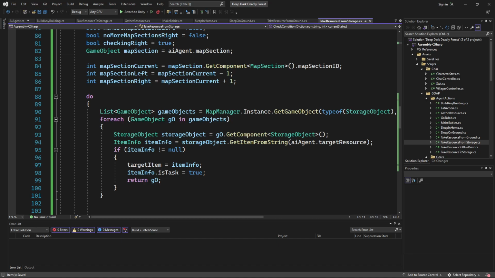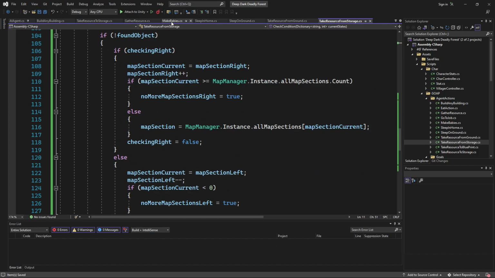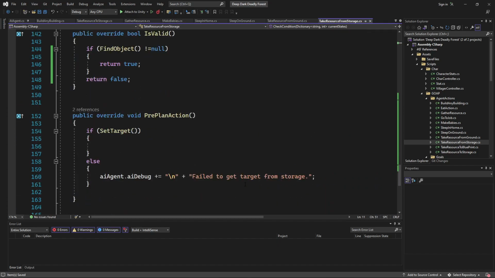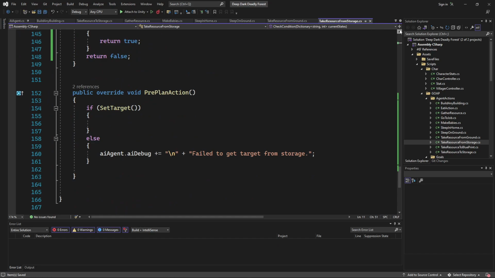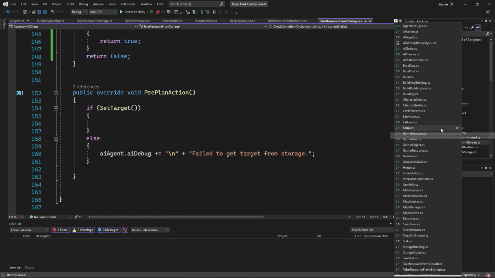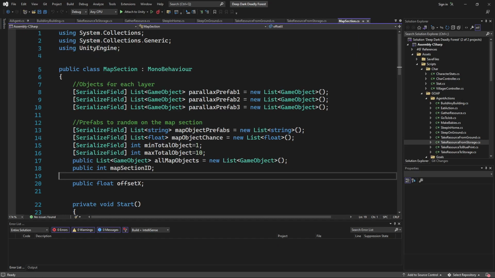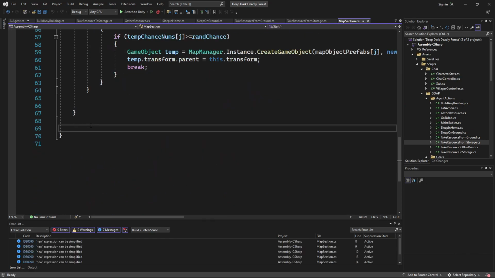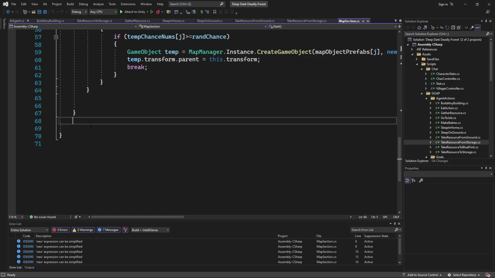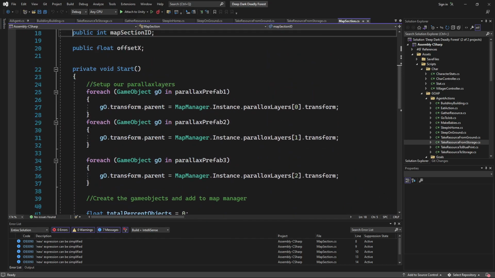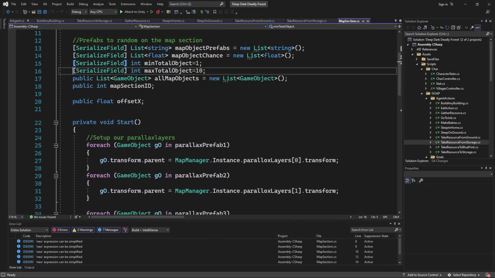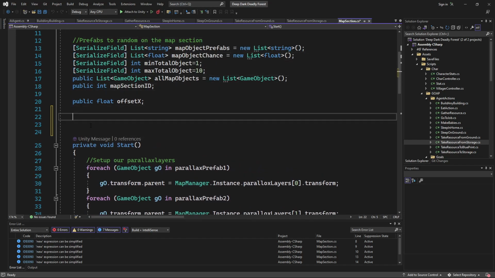Ooh, what would be really great is doing it as a dictionary. So something like, I did finish this one. Sorry, I keep getting distracted, but let's go to the map section and I'll just talk about this. And you know, it might be something like, let's just see. I probably won't finish this, but this is kind of an idea I have. Public dictionary of